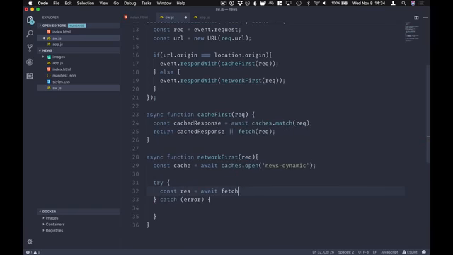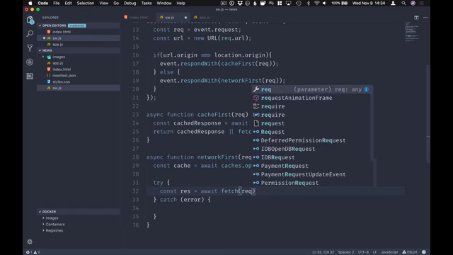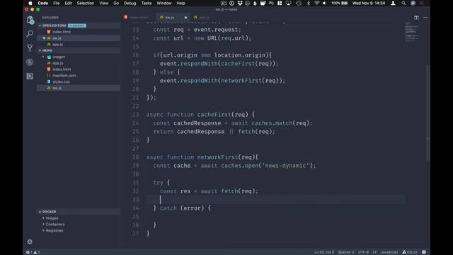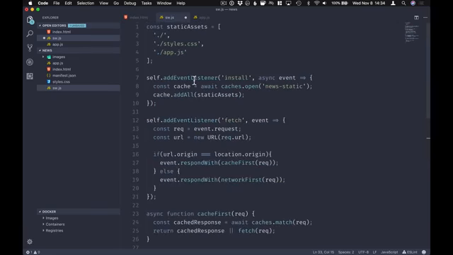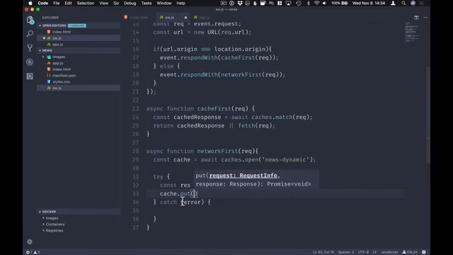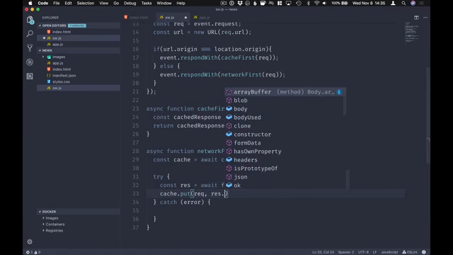So we're going to await the result of fetching the request. If that worked, we're going to first of all store the request into our cache so we can fall back on it later. We do that by just calling cache.put. So instead of cache.add that we used earlier here, we're going to use put. This allows us to actually define the request; using add would go and refetch it, which is unnecessary in this case. So we're going to put the request there as the key, and then we'll do response.clone